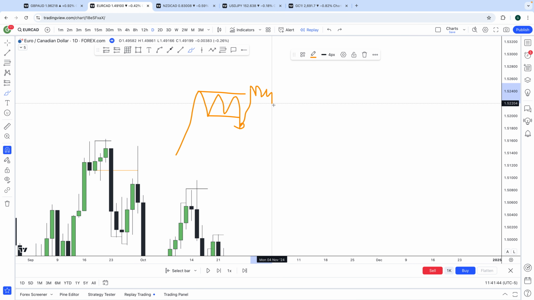Consolidation. And then what do we expect? Another expansion, if we want to continue this. Consolidation into expansion, we need a displacement away, remember? From a consolidation. And then we're going to create what? A key level. And we want to see retracement, because retracement is a continuation signature as well. So